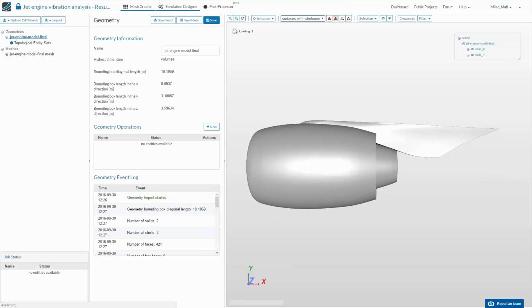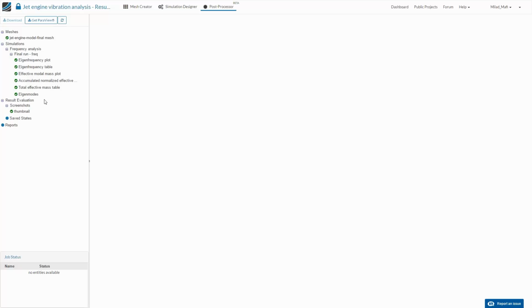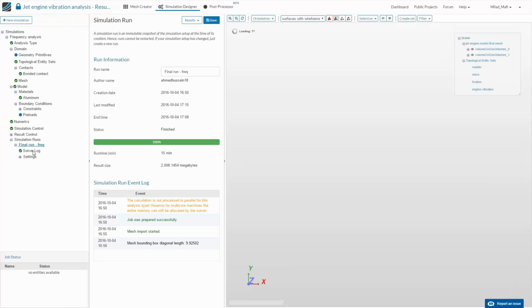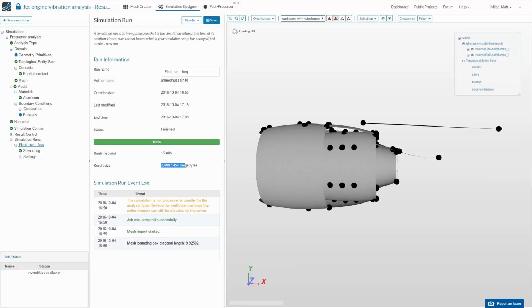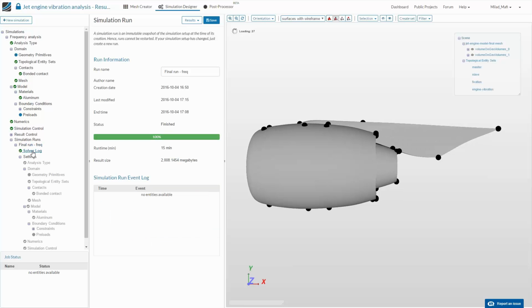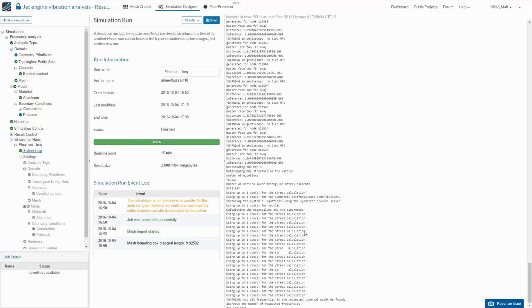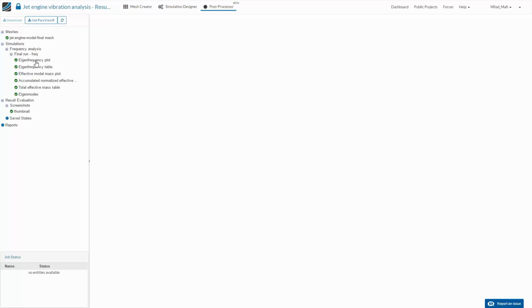Okay, so again, same simulation setup. And once the simulation is finished, first of all, you will see it took 15 minutes. The result is 2 GB right now. And if we, for example, now take a look at the solver log, you can see all the messages which were created by the simulation software itself. And if we go now on post-processor and on eigenfrequency plot,